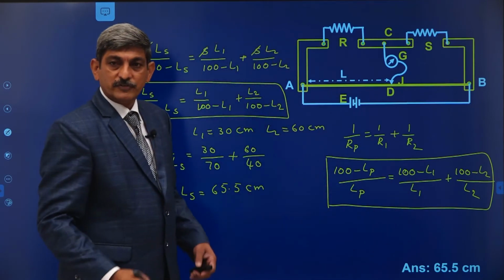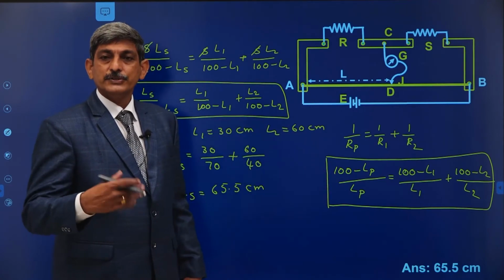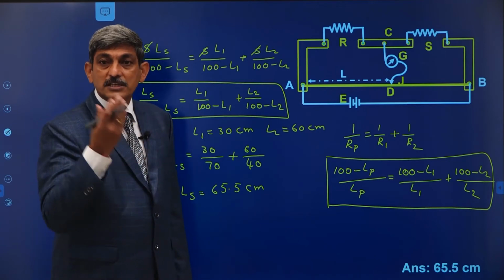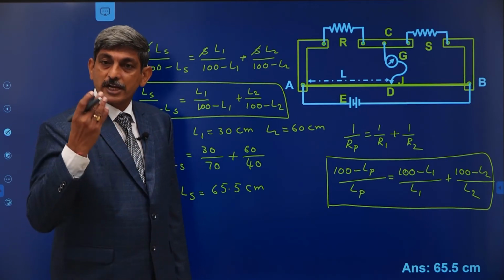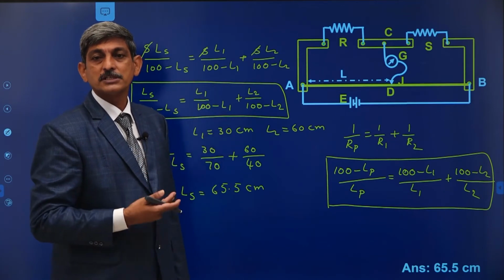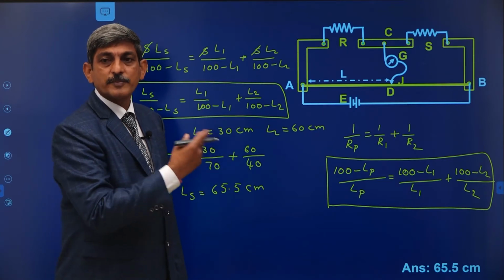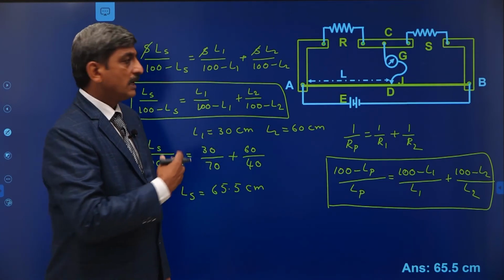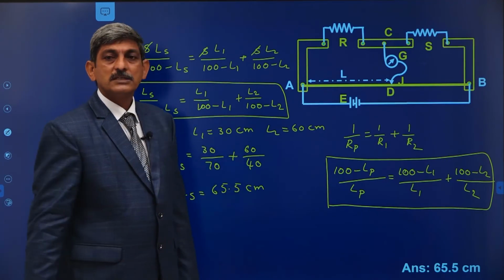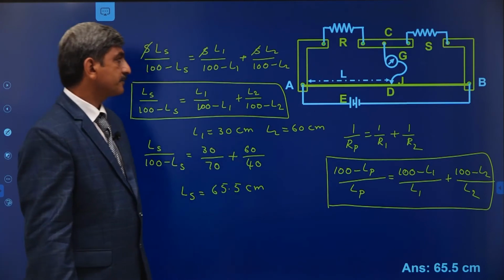Okay? If you are able to remember the formulas, try to remember these formulas, you can solve the problem in a short span of time. If suppose the formulas are not memorized, and if you are unable to recall the formulas quickly, follow the general procedure: find out R1 value, R2 value, R series or R parallel in terms of the known values, and by substituting the values, we will get the balancing length in the given case. Right?